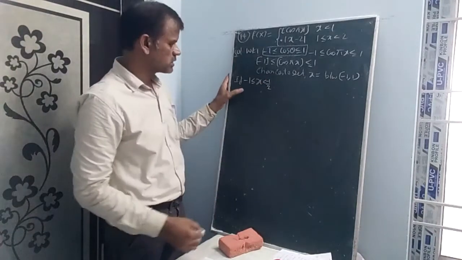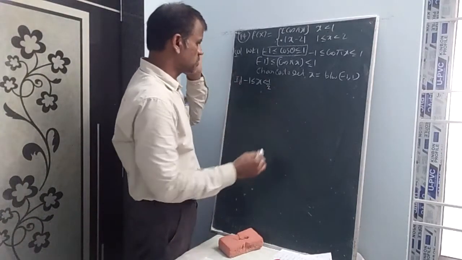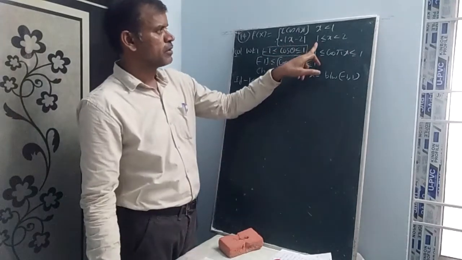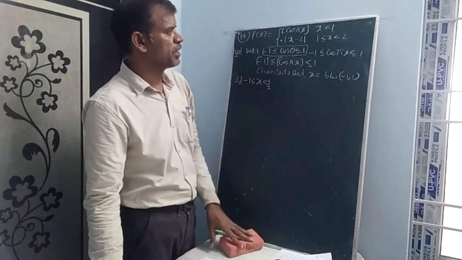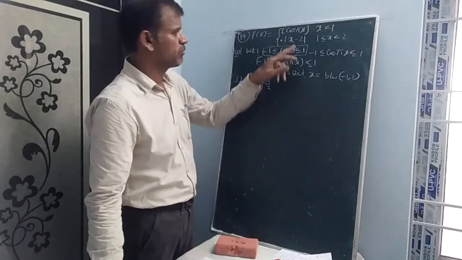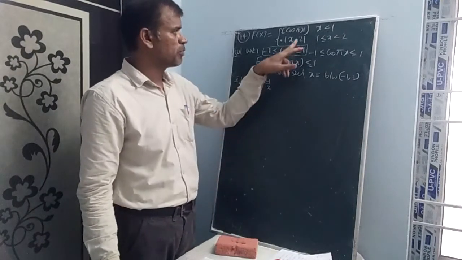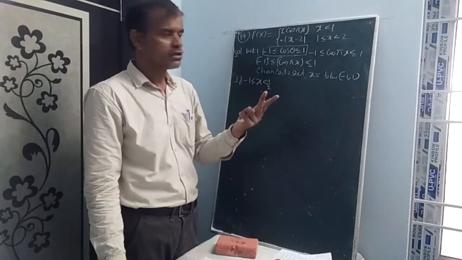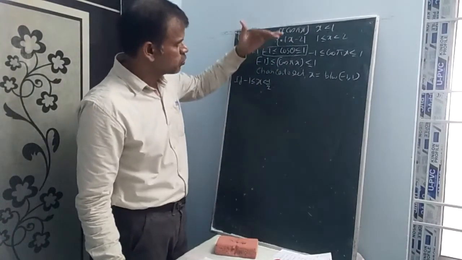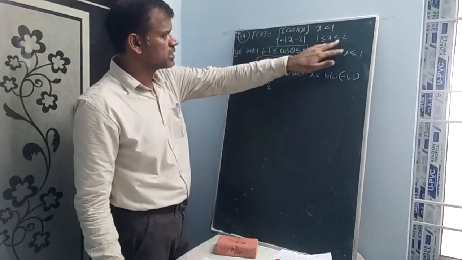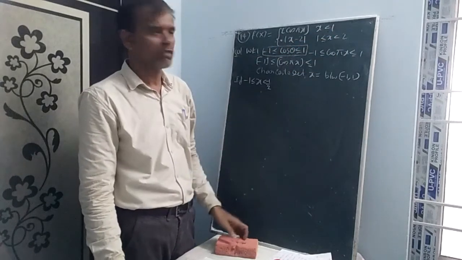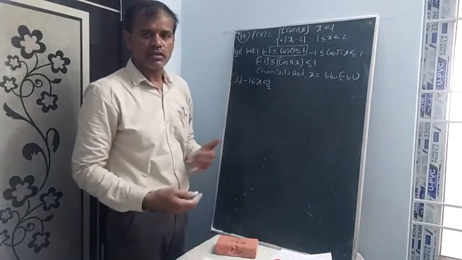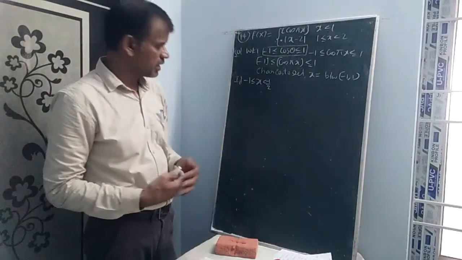Minus 1 less than or equal to x less than minus 1 by 2. So what does it become? f of x and g of x, of course, this is modulus of x minus 2. You substitute a value between 1 and 2, for example 1.5. 1.5 minus 2 becomes minus 0.5. So you need to convert the modulus of x minus 2 into modulus of 2 minus x. It is only applicable for 1 less than x less than 2, where you should write only modulus of 2 minus x. But for step cos pi x, plenty of cases may arise.